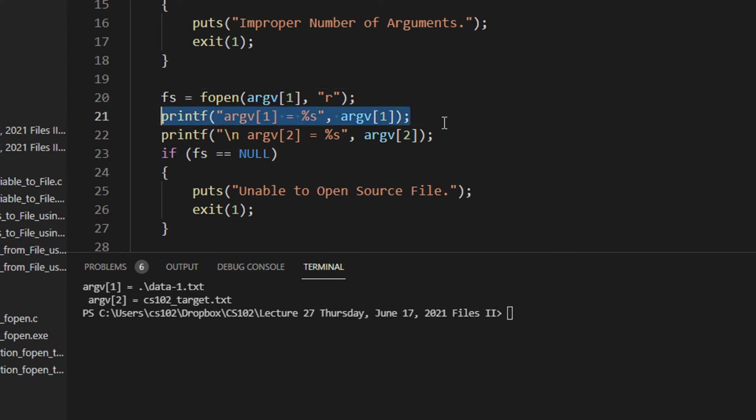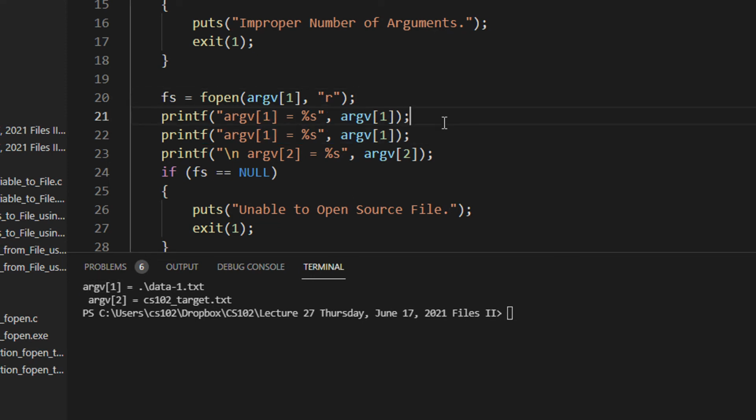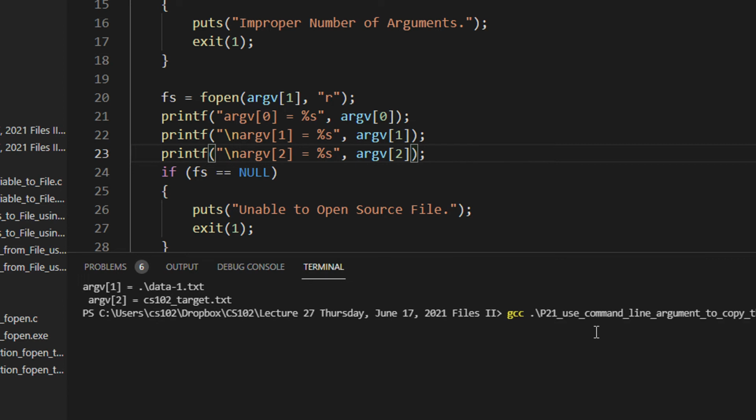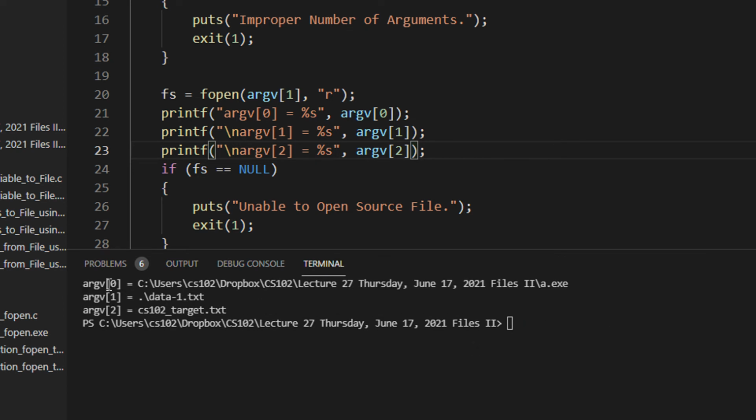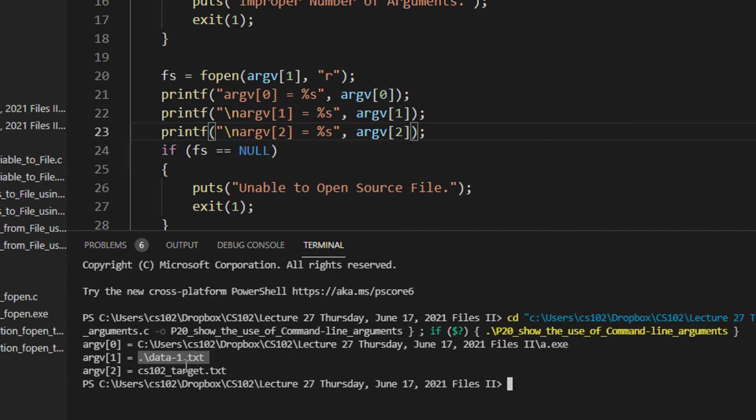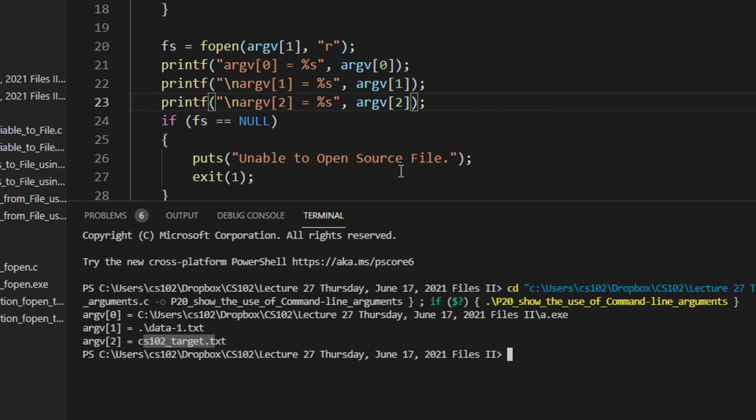And if you want to confirm what argv0 is, it is nothing but the name of the execution file. Let me do gcc. So you can see argv0 is the complete execution file path. Then argv1 is the source file which we specified here, and argv2 is the target file that we specified.